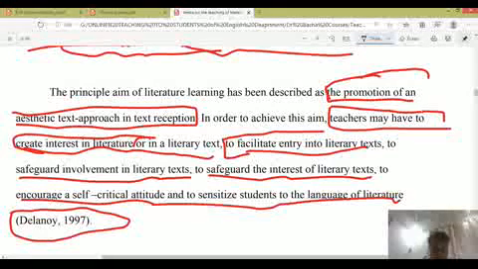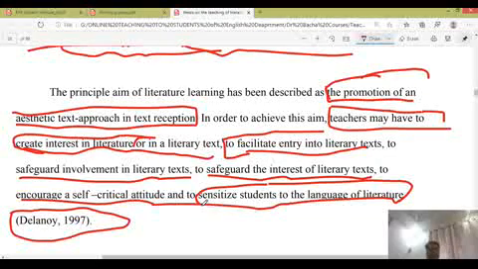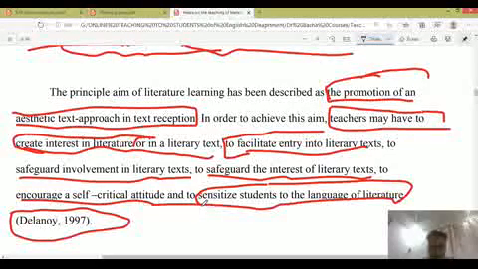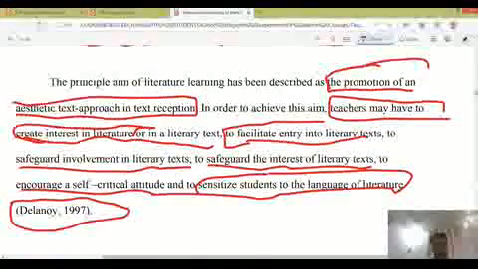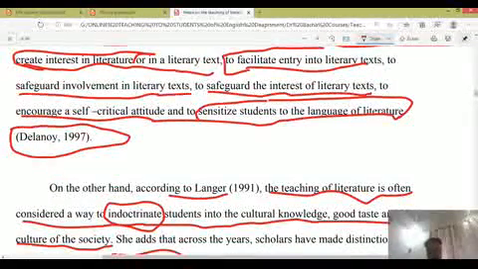And to sensitize students to the language of literature. The students need to be sensitized. They must be made sensible to the use of literature. This is actually one scholar, Delaunay. Delaunay talks of such things regarding